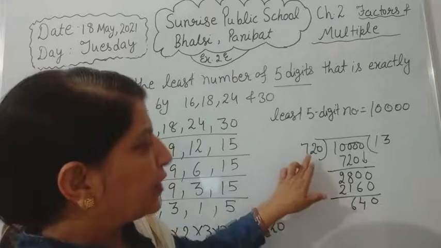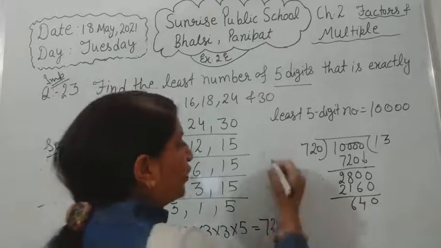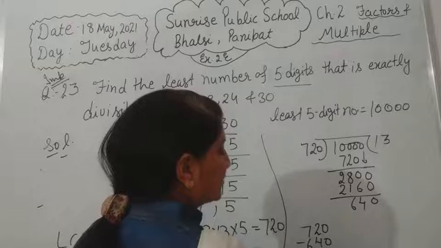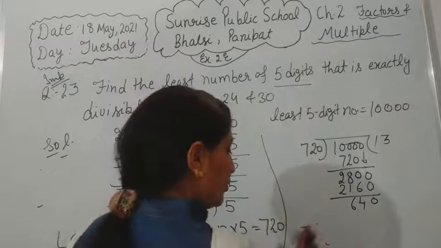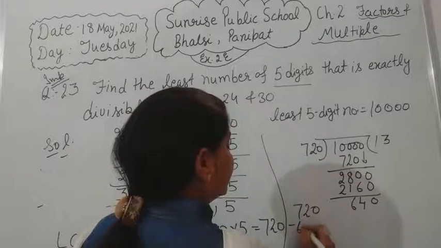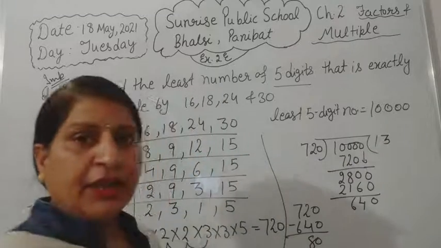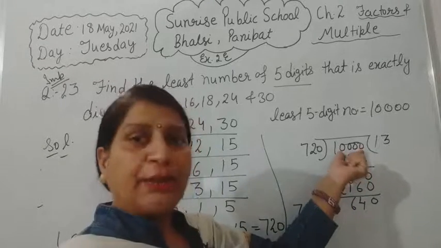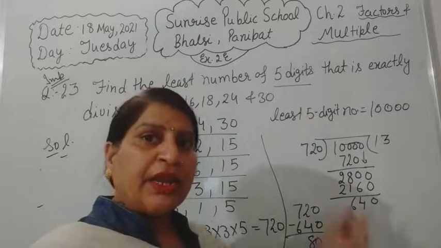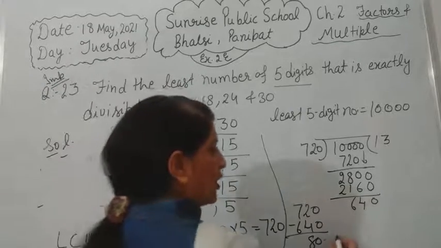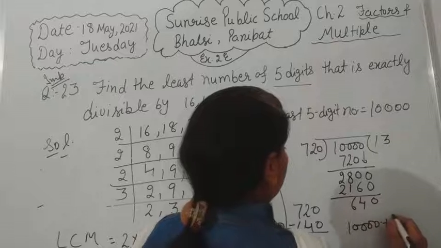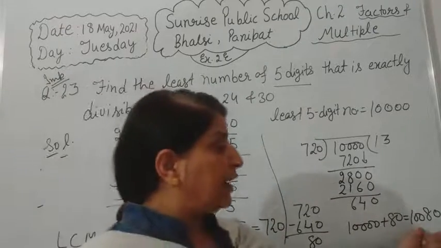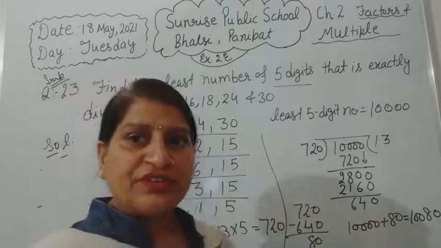अब देखिए जो मेन प्रोसेस है, जो आपको बहुत ही ध्यान से देखना है, वो हम क्या करेंगे. फर्स्ट वी सब्ट्रैक्ट 640 फ्रॉम 720. 720 में से हम किसको सब्ट्रैक्ट करेंगे, 720 माइनस 640. तो माइनस किया तो हमारा नंबर आया 80. 720 minus 640, then our number becomes 80. 80 नंबर आ गया. अब हमें 5 डिजिट का नंबर राइट डाउन करना है. तो 5 डिजिट का नंबर हम क्या करेंगे, इस नंबर में ये जो 80 डिफरेंस आया है ये ऐड कर देंगे तो हमारा रिक्वायर्ड नंबर आ जाएगा. तो क्या करेंगे हम 10,000 में 80 ऐड करेंगे तो आवर नंबर बिकम्स 10,080.